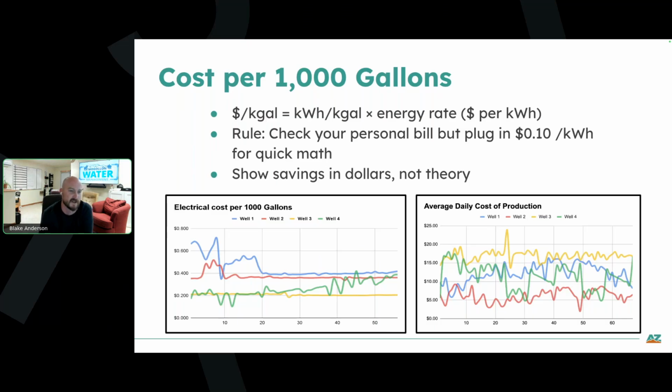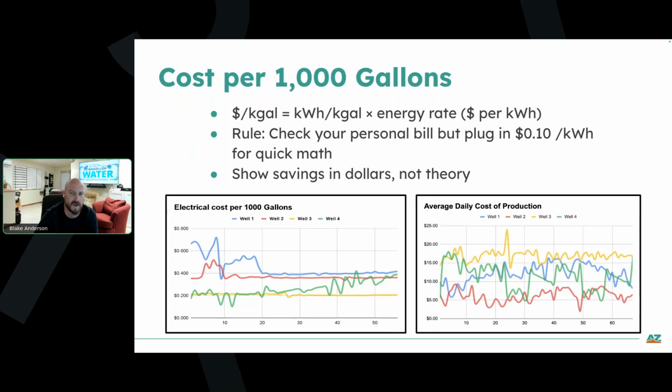There's pretty significant savings that I think can be found, because a lot of utilities that we see tend to just have a bunch of wells fired to fill a tank, and they aren't really thinking about how to start running things in lag and lead functions and optimize it. I think that there's a lot of low-hanging fruit across the industry here. But the other reason that you want to convert it into dollars beyond just your own time and investment is you're going to have to explain this to whoever the ultimate decision maker is that controls the purse strings, and get their attention and get buy-in. And so being able to say something in dollars and cents instead of in kilowatts or 1,000-gallon units really has a lot more impact.